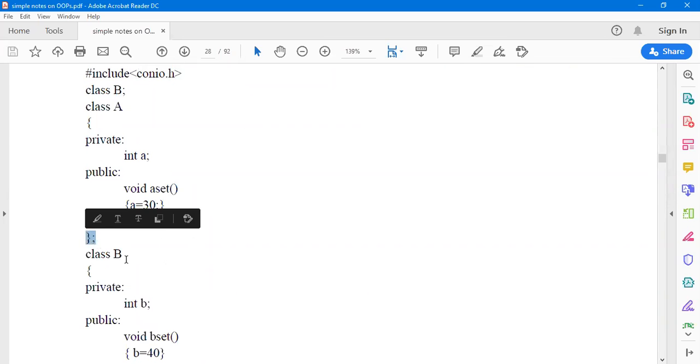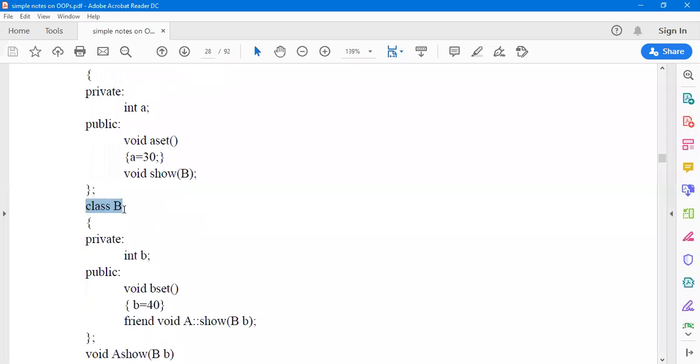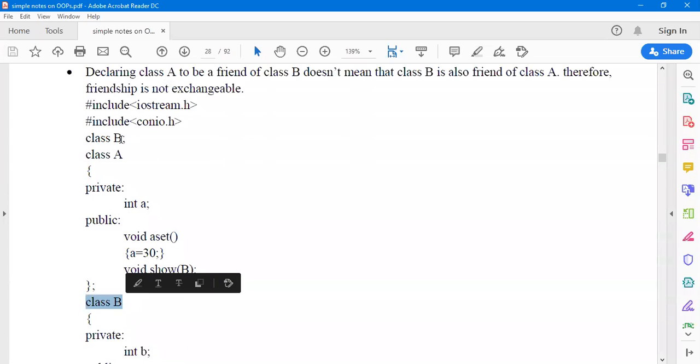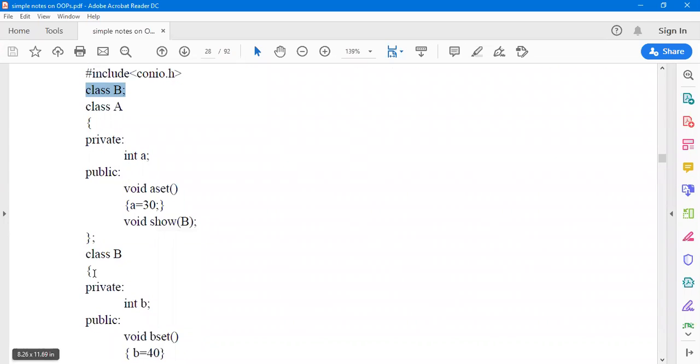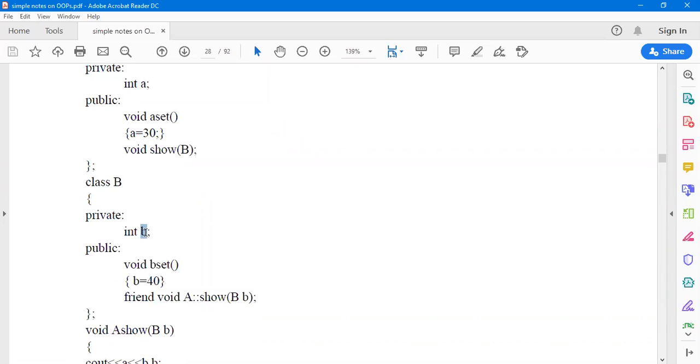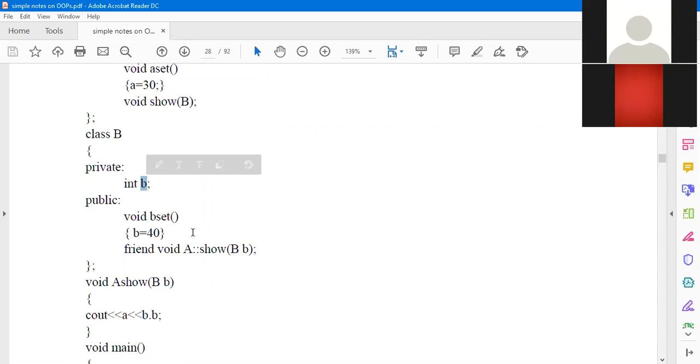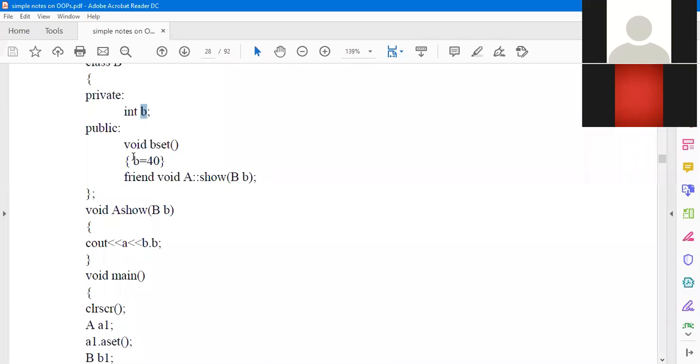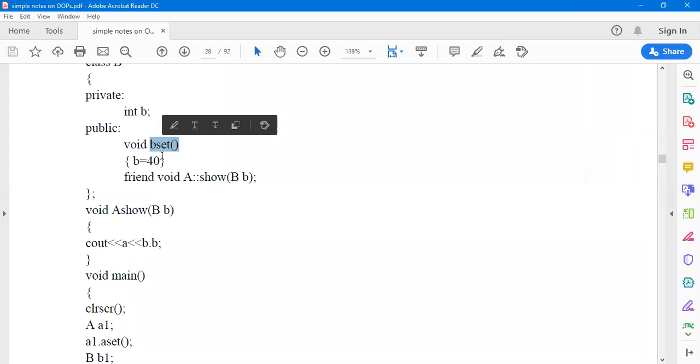Now class A is ended, then we again define class B, because that was just a declaration and the definition part is remaining. So there is a private variable B of type integer. Then there is another function called B set, which sets the B value as 40. Then there is a friend function. Which function is that?